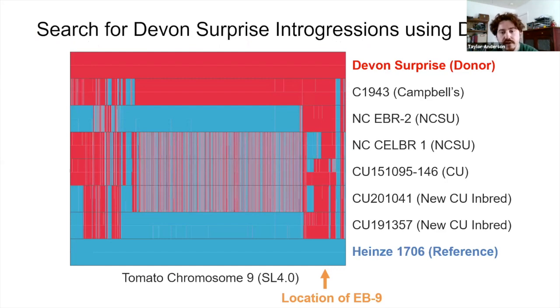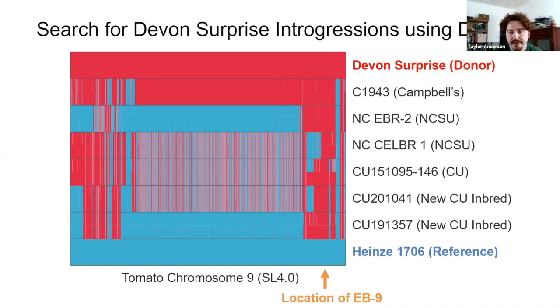So again, if our hypothesized pedigree is correct for the chromosome 9 QTL EB9 coming from Devon Surprise, then we should be able to observe a shared haplotype near EB9 in Devon Surprise and in all of our landmark early blight resistant inbreds. Now this plot, which is based on the output of the ABBA test, shows us that this is indeed the case. This analysis looks for the evidence of introgressions in triplet SNP contrast, giving a D